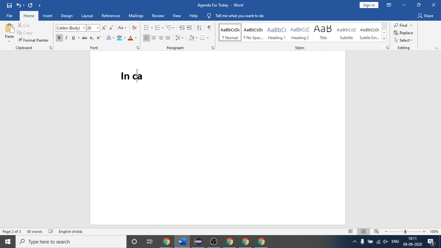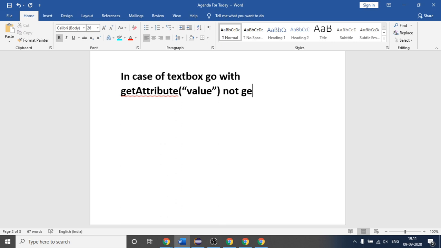In case of text box, go with get attribute. You have to use this, not get text.